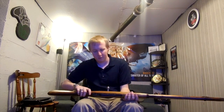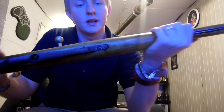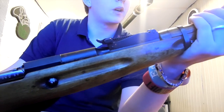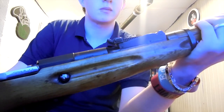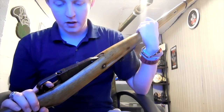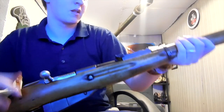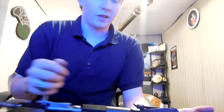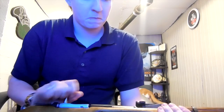As you can tell by looking, this is not the way this wood originally looked. What I did is, when I first got it, it was all beat up, cosmoline covered, sticky, icky, gross. So what I did was I sanded it down, first with a heavier grit to break through it pretty fast. I went with a 100 grit sandpaper at first, and then I did a real fine sanding with some 220,